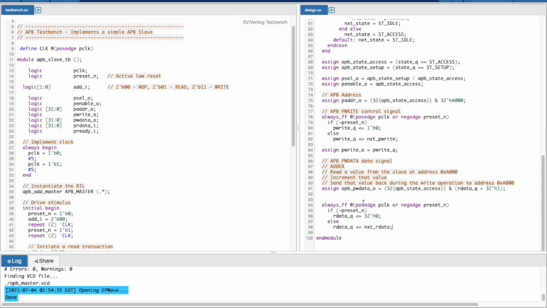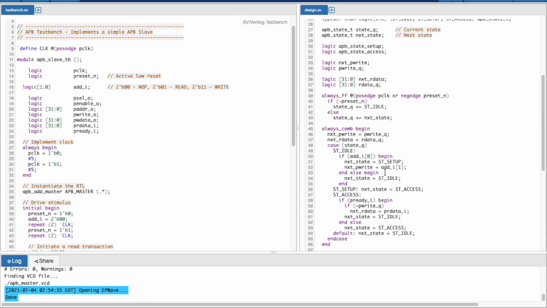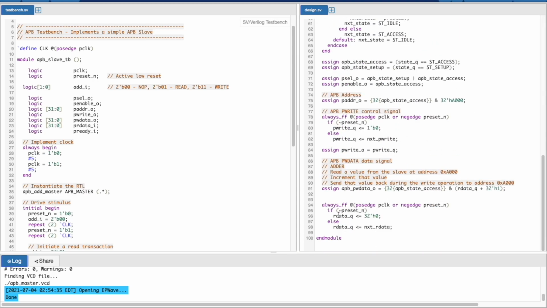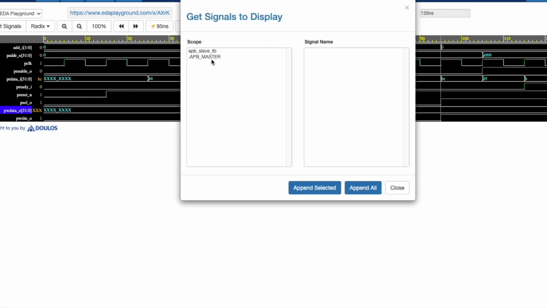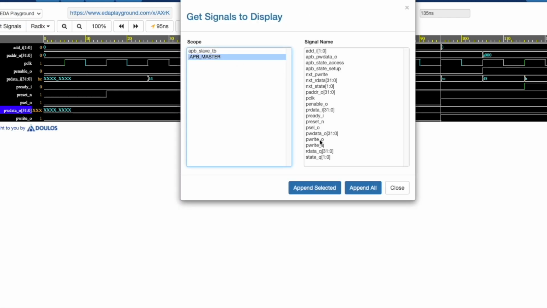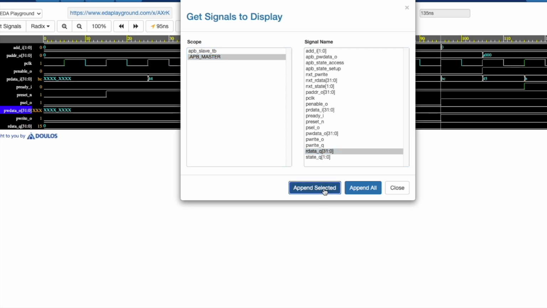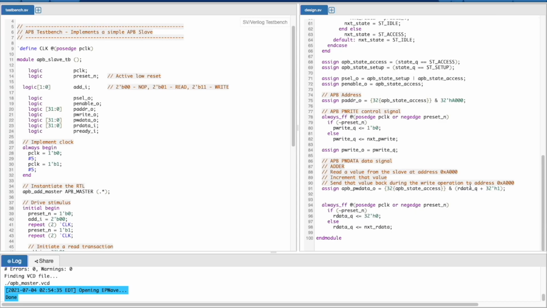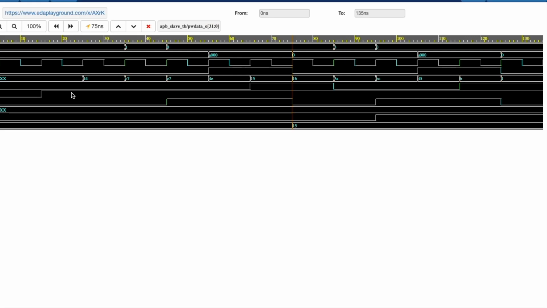So we have @posedge clock or negedge P reset, and then we see if we are in reset, this should go to 0. Otherwise, this should be equal to next. So let's take out read data and let's see what is happening here. Okay, so this indeed becomes 15, which means we are capturing this value, but somehow our P write data is not getting reflected. So this read data underscore Q is correct. Yeah, so this is 15, which is correct.